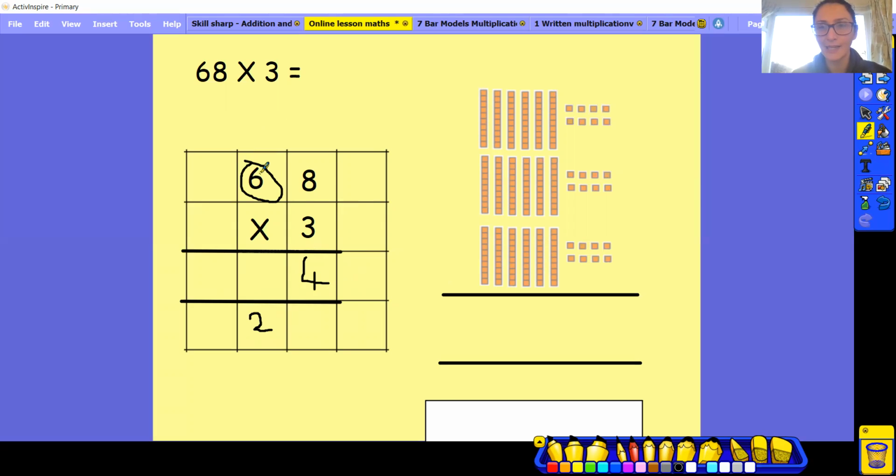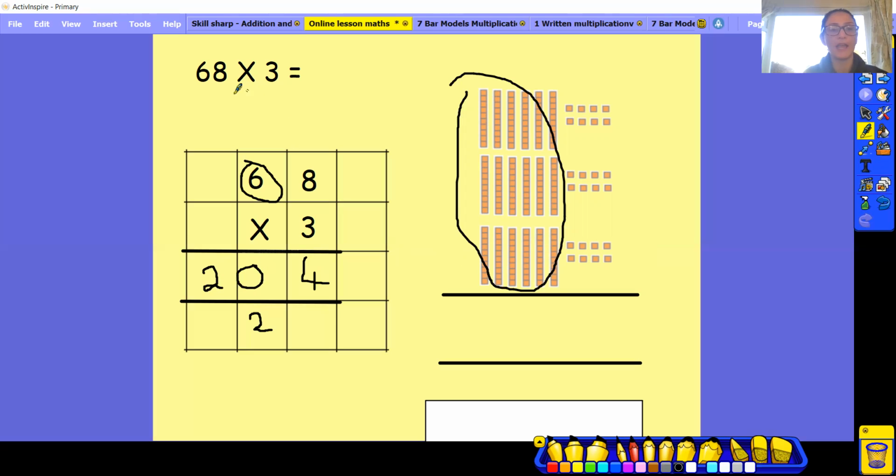It's worth 60. Really, we're doing 60 times 3. But to make things a little bit easier, we're just going to do 6 times 3. So let's do our 6 times table. We've got 6, 12, 18. Remember, don't forget to add the extra 10. So we've got 18, add on 2, which equals 20. So our whole number together, 68 times 3 equals